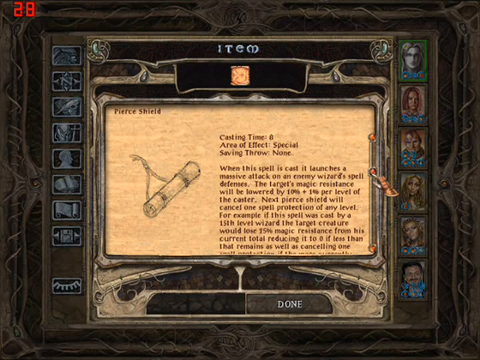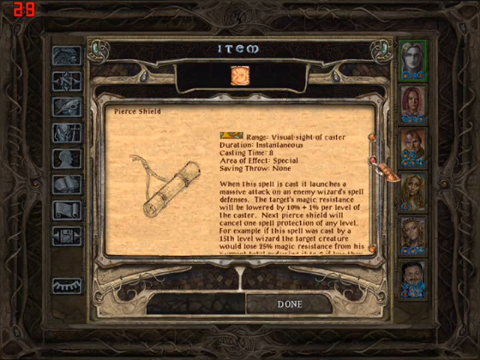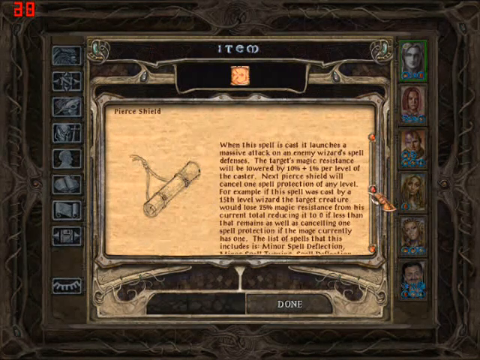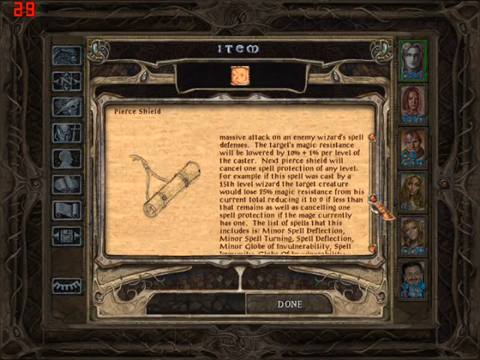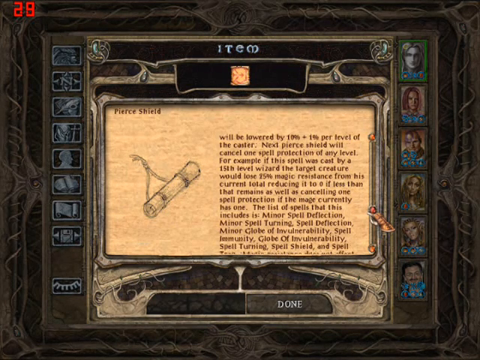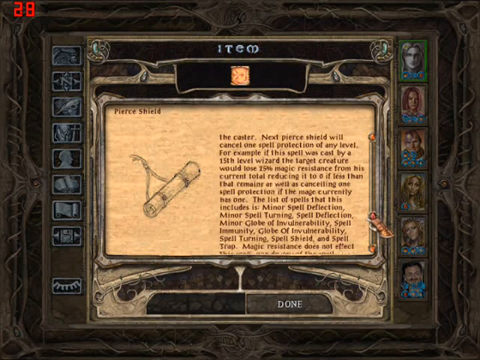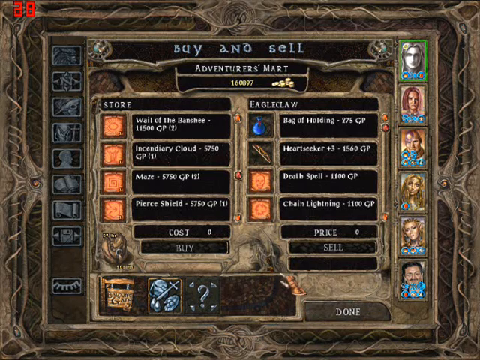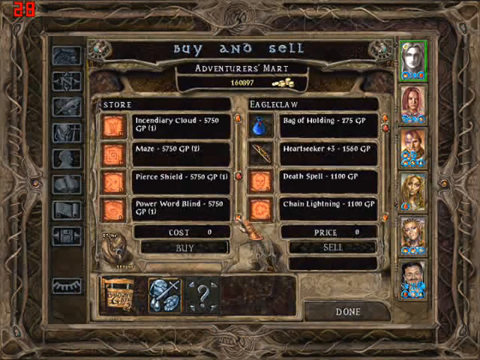Wait, so is this like a better form of breach? For the most part, yes. Pierce Shield will cancel 1 protection of any level. For example, if the spell is cast on a 15-level wizard, the target creature would lose 25% magic resistance from its current total, reducing it to 0 if less than that remains. Okay, so basically it's like breach, but it also makes them less resistant to magic. Yes. That's kind of cool, but I don't have anyone that can cast level 8, so...